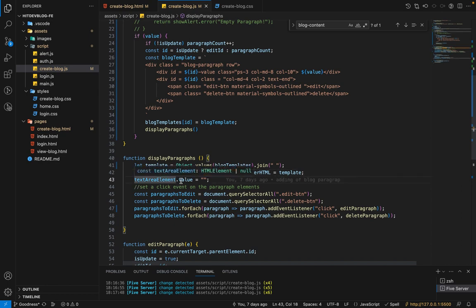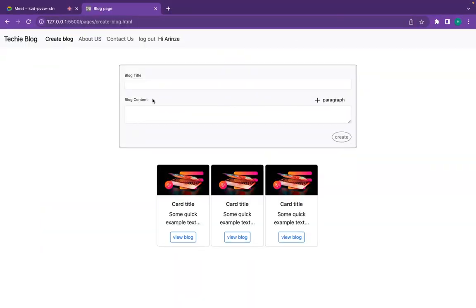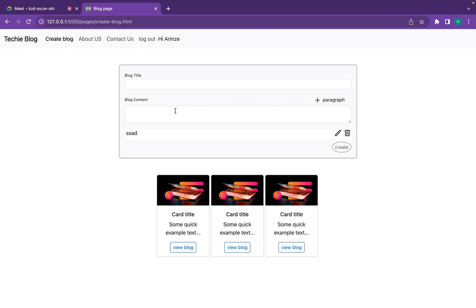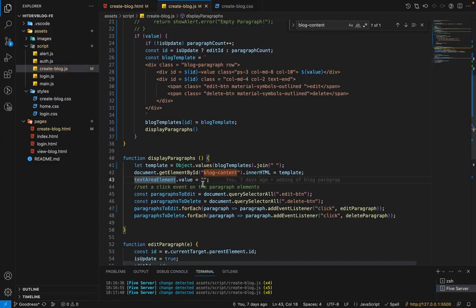And then the text area element, which is this guy, we clear it. So when we assign a value to this one, we clear it. If not, it will remain there. So we clear it by assigning an empty string to it. All right. And then